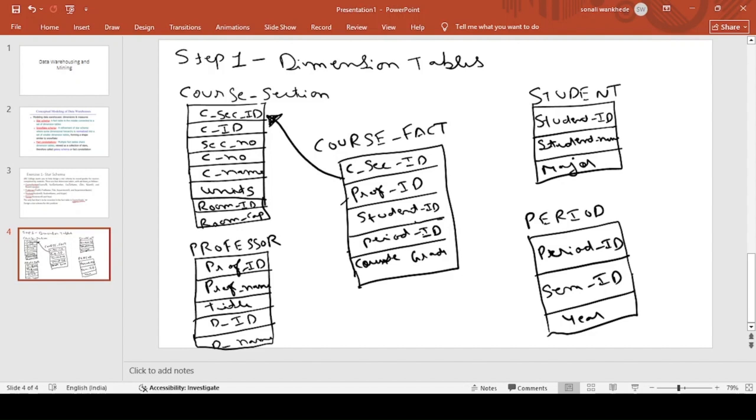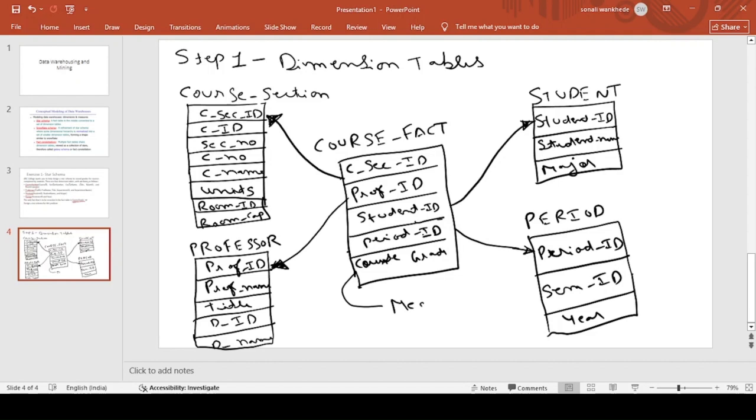The second value in the fact table comes from the second dimension table, which is professor. The third value comes from the table student, and the fourth value comes from the dimension table period. This is how you have to show that with an arrow. The period ID comes from the table period, and this is what course grade